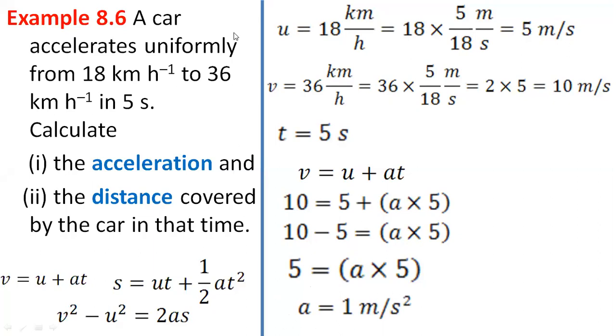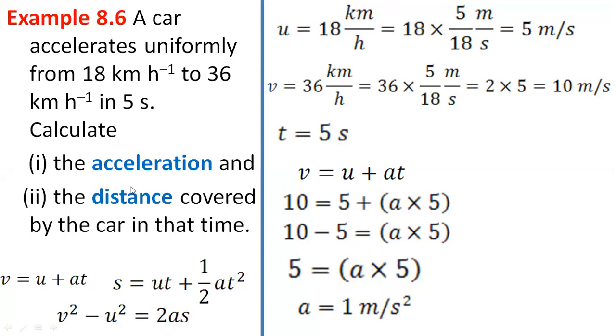Give me a response in the chat box. Have you understood this particular step, that how we have reached acceleration is equal to 1 meter per second square? It's a simple calculation. Just put the values in the formula and you will get it. These numericals are so easy. All you need to do is identify the values and use any of the three formulas. The choice is yours. Which formula to use depends only on which values have been supplied to you in the numerical. That's it. So acceleration we have found out.